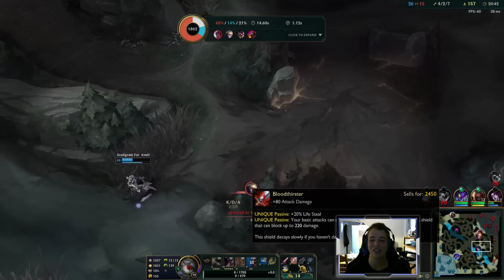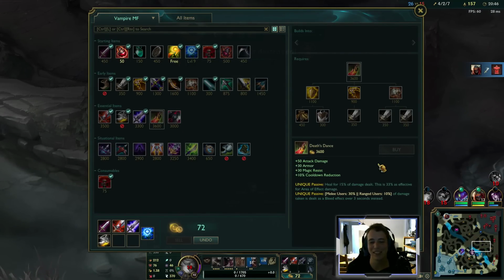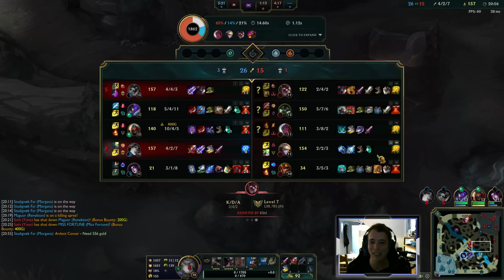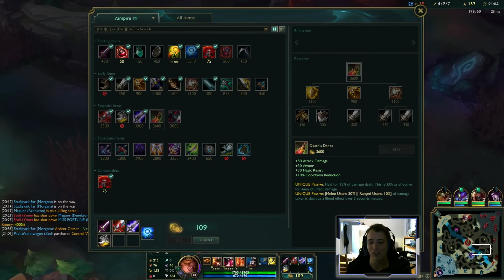Okay, but now we got the real damage going. Then Death's Dance. Again, it just all feeds into each other. The extra lifesteal is essentially effective health, right? But you need time to apply it. Death's Dance passive and the armor and magic resist give us time. And it's another lifesteal item in and of itself. More damage also means more healing. So it's just